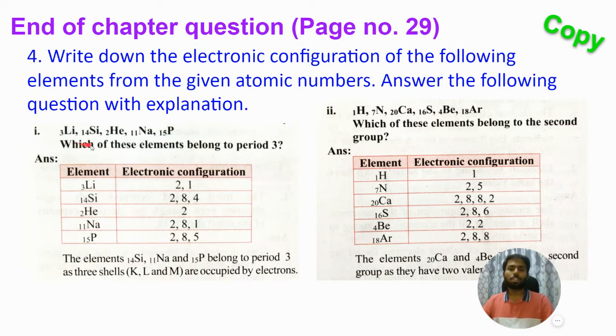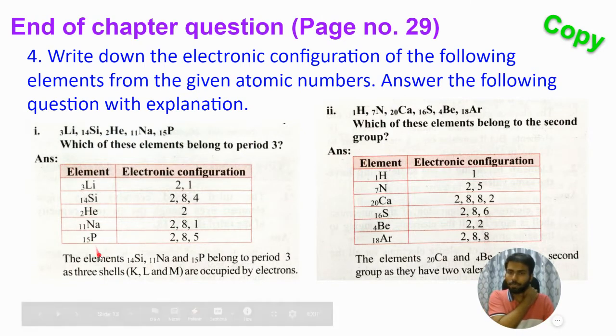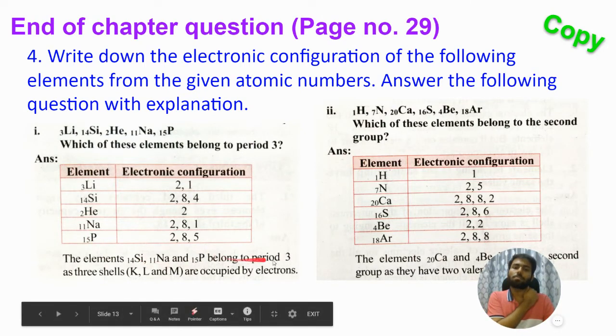So the question was which of these elements belong to period number 3. So period number 3 means it should have 3 orbits, right? First period will have 1 orbit, second period elements will have 2 orbits, third period elements will have 3 orbits. So which elements have 3 orbits? Silicon, sodium and phosphorus. Okay, so silicon, sodium and phosphorus belong to period number 3 as they have 3 shells, which is